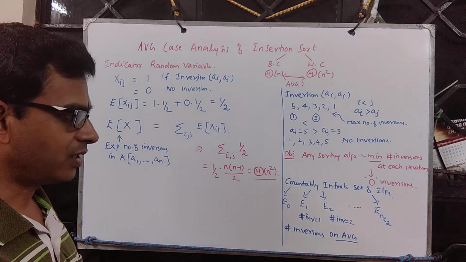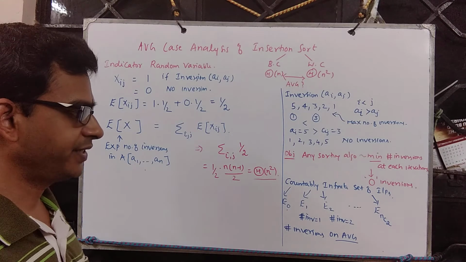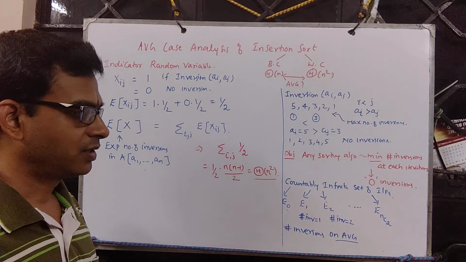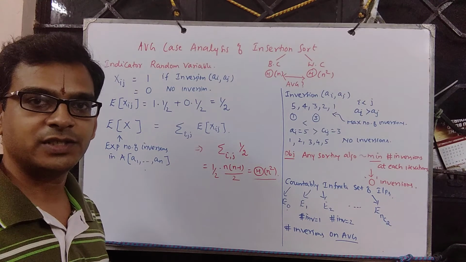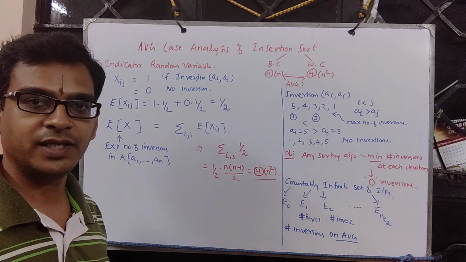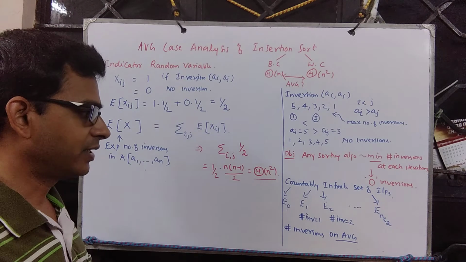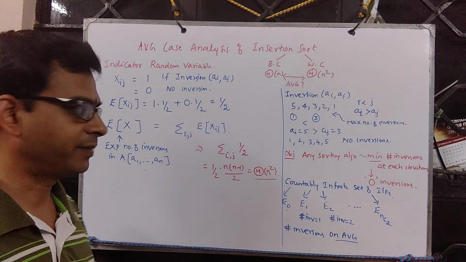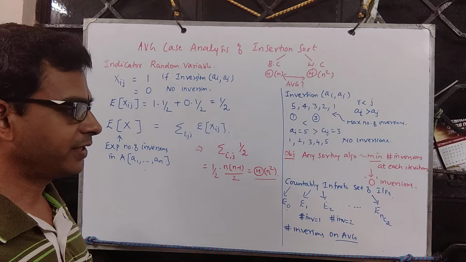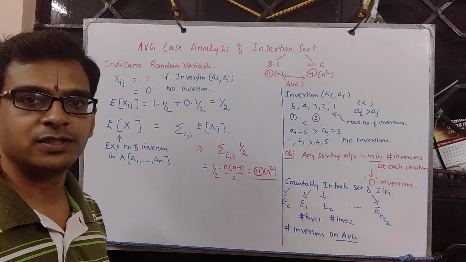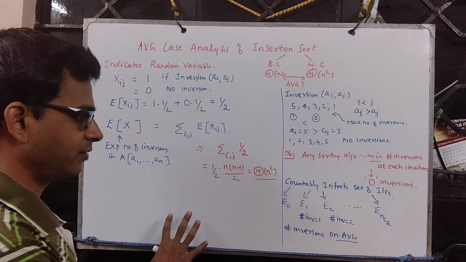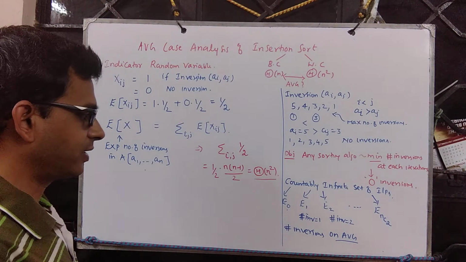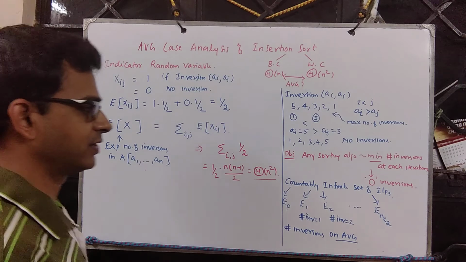There is one analysis that is through linear search, and another one through inversions. When you see a pair of elements out of order, it means there is an inversion between them. The objective of a sorting algorithm is to correct this so that they are placed at the right place. Now for an arbitrary input, on an average, how many are there? That's essentially the focus of this discussion. And it turns out that there are this many inversions.